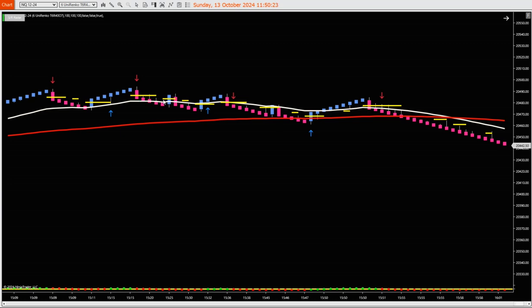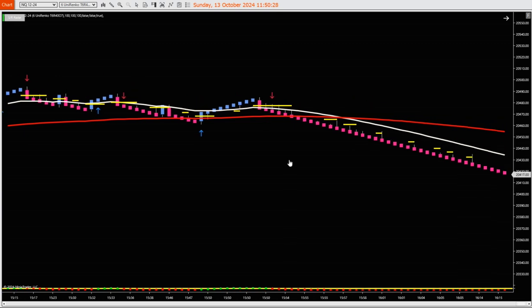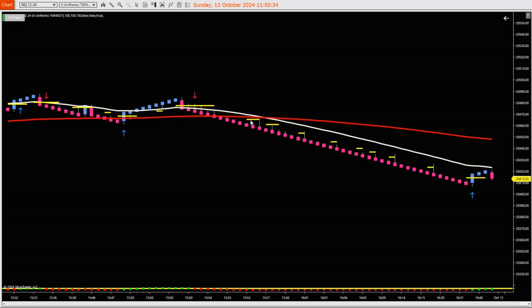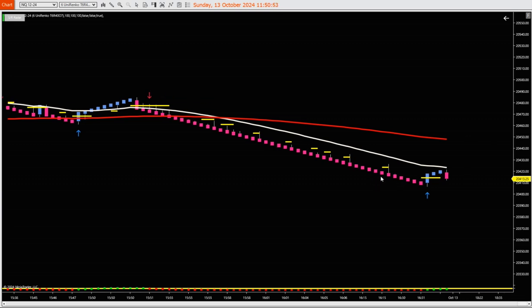Anyways, the way I like to trade this, instead of using the arrows, I like to wait until price. So here, look, we're below both moving averages. And these yellow lines, they print in real time. So I like to trade these as long as price is not touching the yellow line itself. So like see here, that one's touching. So I would like to enter this trade right here, this candlestick for a scalp. This one's touching, so I would enter this one. But see, this one's touching, so I would enter this one for a quick scalp